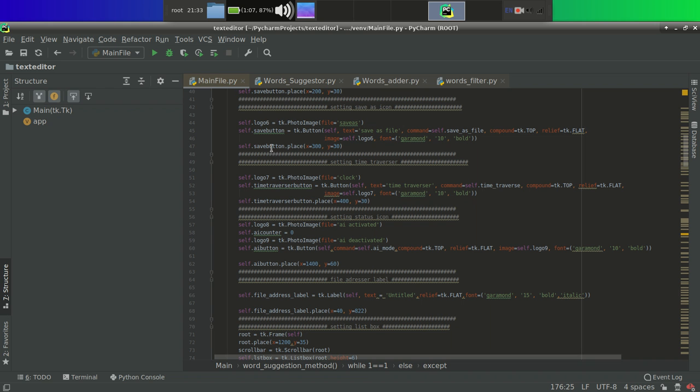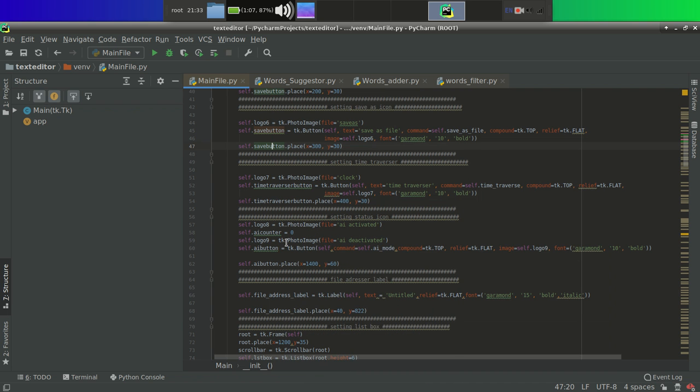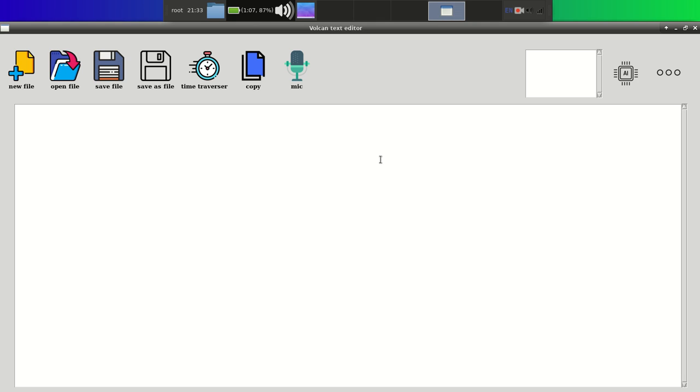So to this point we have achieved a few functionalities. We can add the data from this file to our words library, and we can fetch data from there also for getting word suggestions, and we can create new files using this text editor.